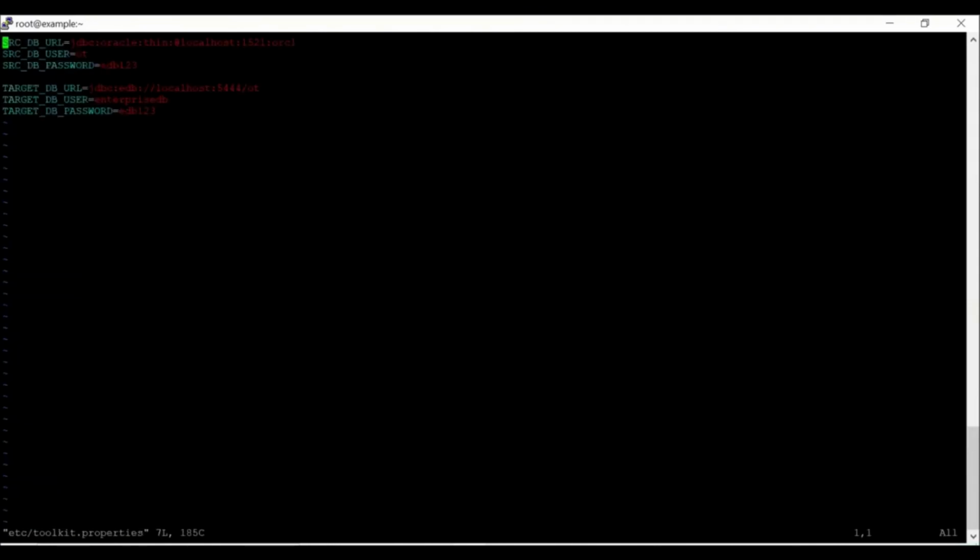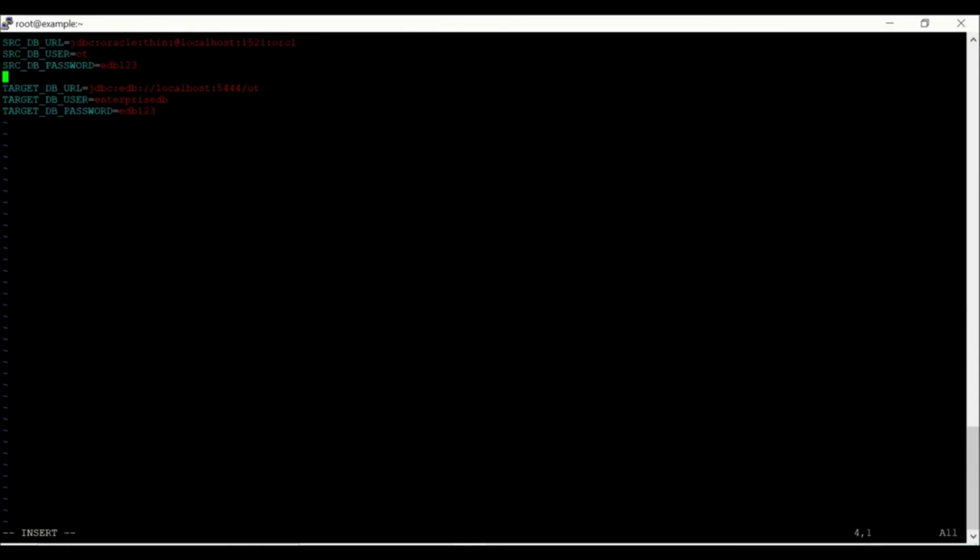This file requires information about the source and target. Based on the Oracle environment, I have to mention the IP address, port number, Oracle SID, username, and password. Same way for Enterprise DB PostgreSQL: username, password, host name, port number, and database name.